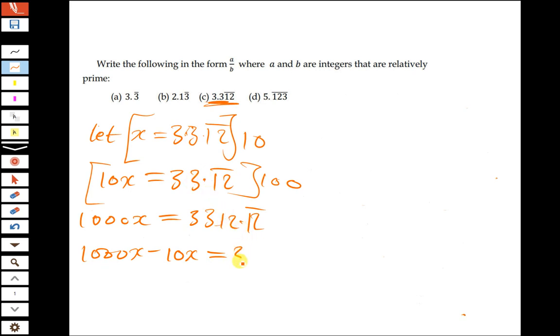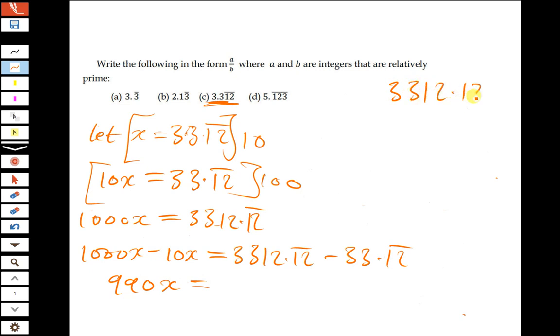So you're going to have 3312.12 minus 33.12 bar. So when you subtract this side, you're going to have 990x is equal to, then on this other side we can just do it together. Here we have 3312.12 bar, then 33.12 bar. So 12 bar minus 12 bar, this will give us 0 0,